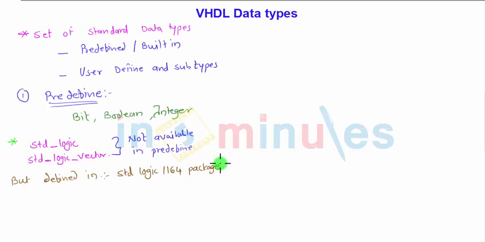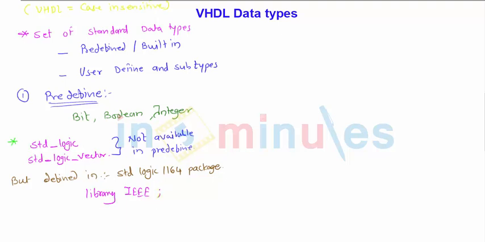So we always need to add this library because VHDL is an IEEE standardized language. Instead of searching for all the data types, we can refer to only one library that is standardized by the IEEE. Therefore we are using library IEEE. Once again, let me tell you that VHDL is case insensitive, means you can use uppercase as well as lowercase letters anywhere. So for writing any VHDL code, we have to use the IEEE library, that is, library IEEE, semicolon.